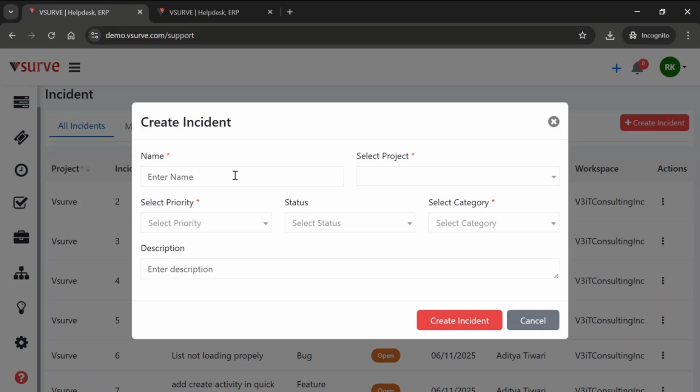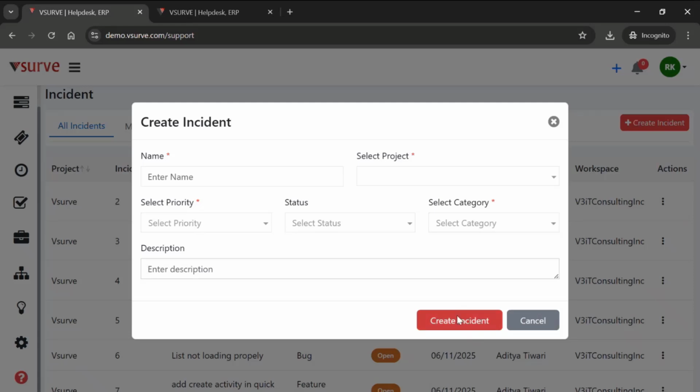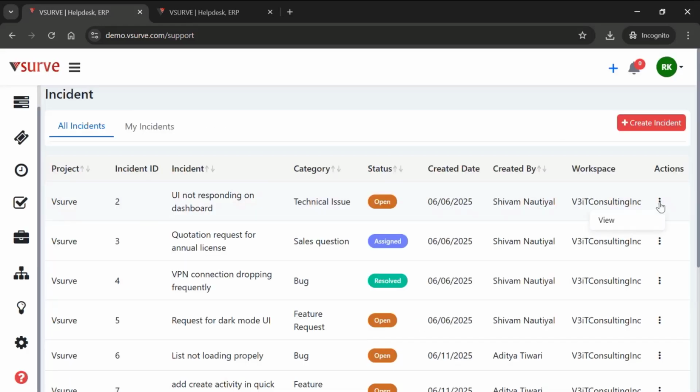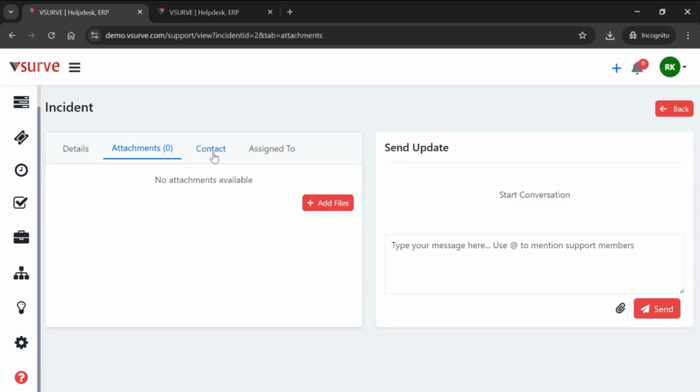You can give the incident name, project, priority, status, category. It can be a bug, feature request, sales question, technical issue, and description, and create incident. You can look at the incident by clicking on the three dots, click on view, and see the details of this incident, attachments if you have shared any, contact, assigned to, and see any further communications and attachments from here. Send updates,